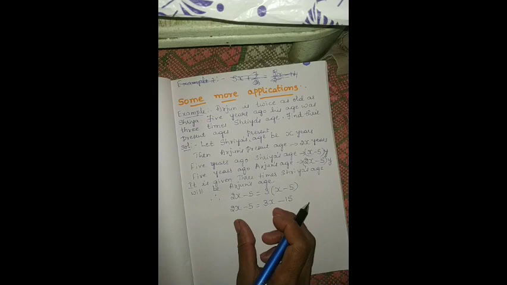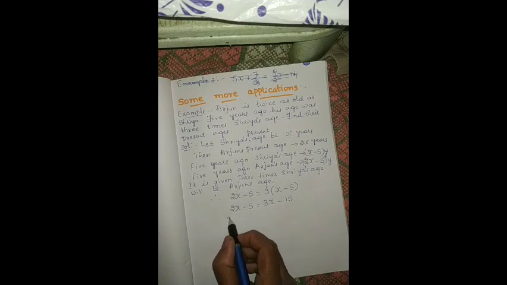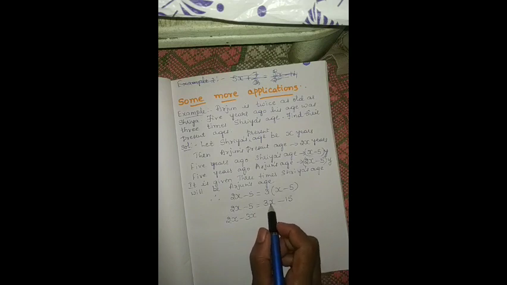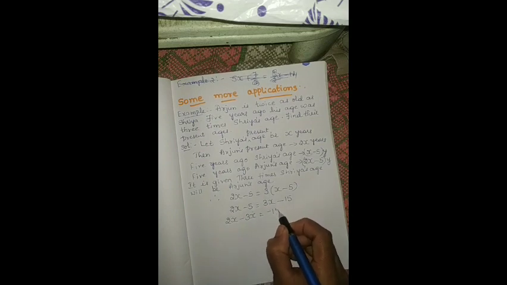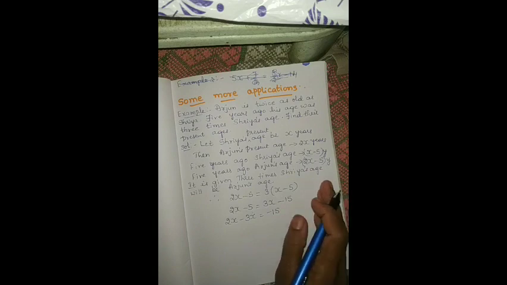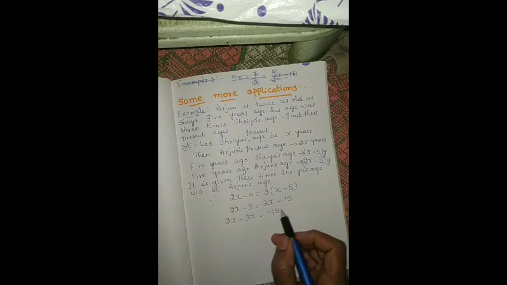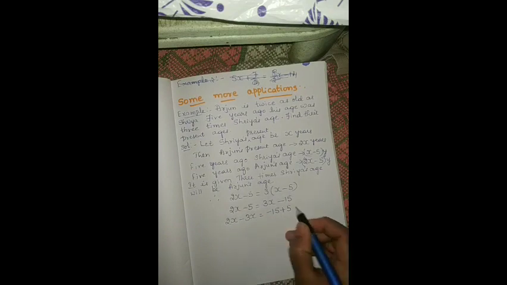What do we have to do in this situation? We have to combine the terms having variables. So how to combine? 2x minus 3x, children. Why is it minus? Because it has to be brought to the LHS, left hand side. So while bringing, its sign changes. Is equal to, here on the right hand side what remains? Minus 15 itself. No sign change. Please note, children, here no sign change because it is on the same side. No transfer of sides here. Next, 5 is there here. It is on the LHS, so it has to be brought to the right hand side. So its sign changes. It becomes plus 5.